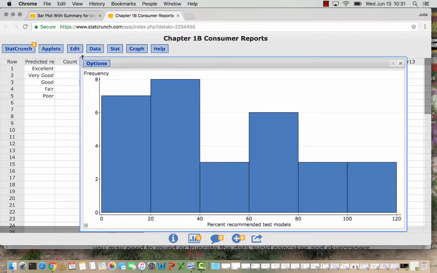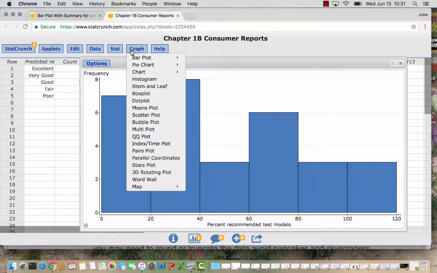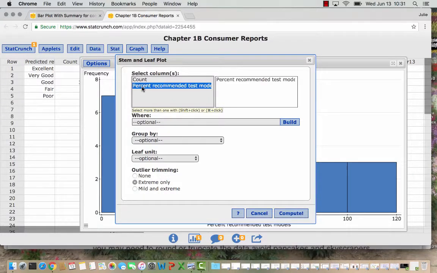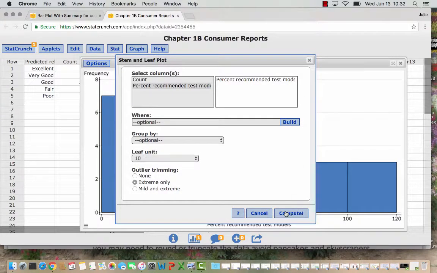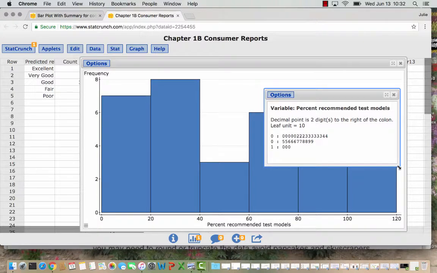So now let's make a stem plot to compare. We can go to Graph, Stem and Leaf plot. We'll do the recommended test model, and then we want to choose the leaf unit. So we want our leaves to count by tens, I think. And if we say Compute, we see here